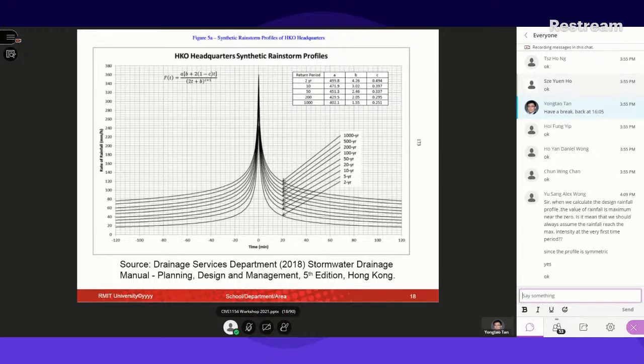Okay, so that means the zero now means the time, the start of the rainfall event. Now means the start of the rainfall. Actually, we use the symmetrical method